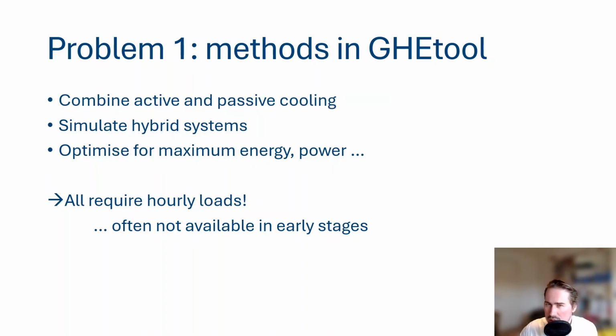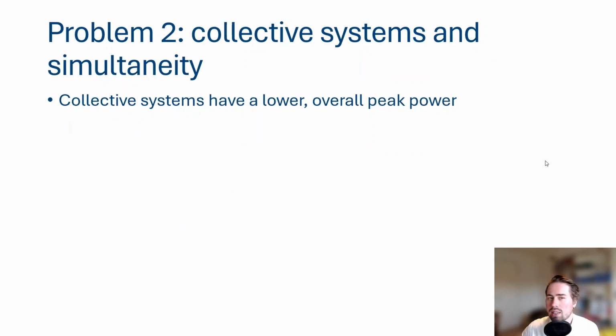So that's one challenge currently, and another challenge has to do with collective systems and simultaneity. Now, if you have not watched a video on simultaneity, it's linked in the description below, but to summarize, when you have a collective system, for example, you have 20 apartments connected to a single bore field, the peak power the bore field will experience is smaller than just the sum of the peak demands of all the apartments. And this is simply due,